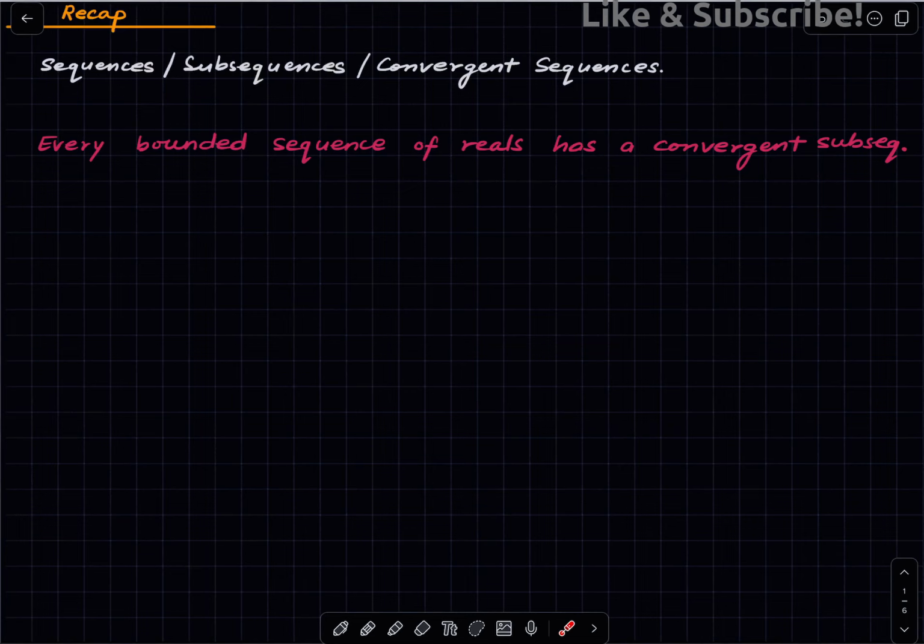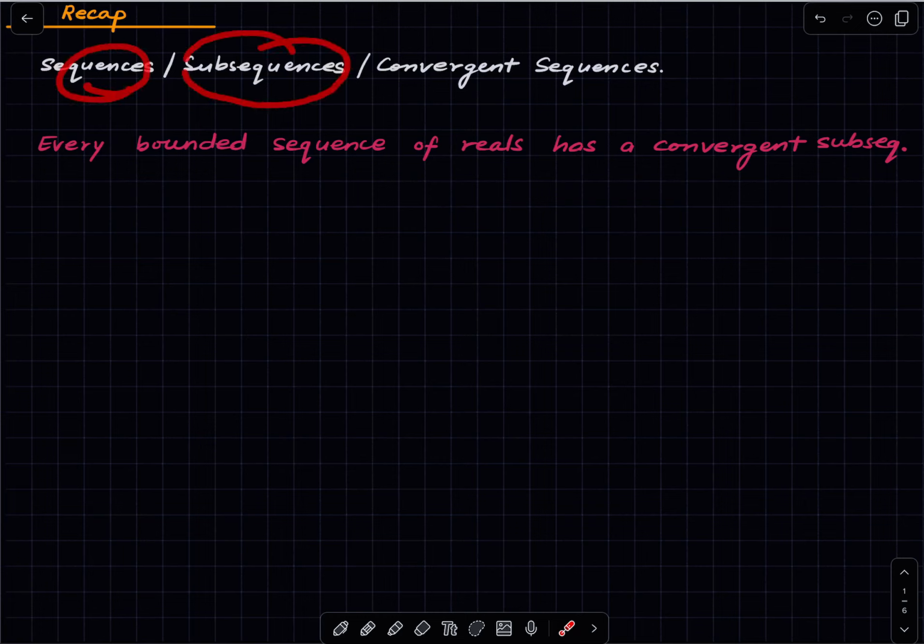In this lecture, we look at the very important notion of Cauchy sequences, and let us recall what we need. So we will need to know what is a sequence, what is a subsequence, and especially what are convergent sequences. These two notions apply not necessarily to real numbers, but when we say convergent sequence, at least for this lecture series, we mean a real sequence which is convergent.